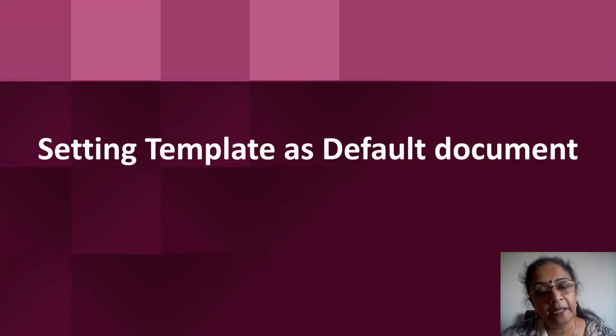Now that we know how to create templates using both the methods, we can now understand how to make this particular document a default document. Whenever I open a document in OpenOffice, the normal format is that it opens as a plain document without any particular formatting. So when I set my template as a default document, whenever I open a Word document, it will open with the ready template in it. So this becomes a default document. Permanently, my template will always be the default document that opens. So let us understand how we can do this.